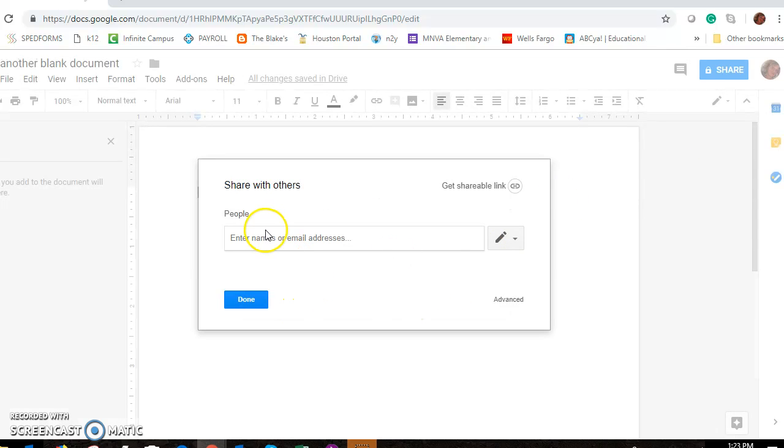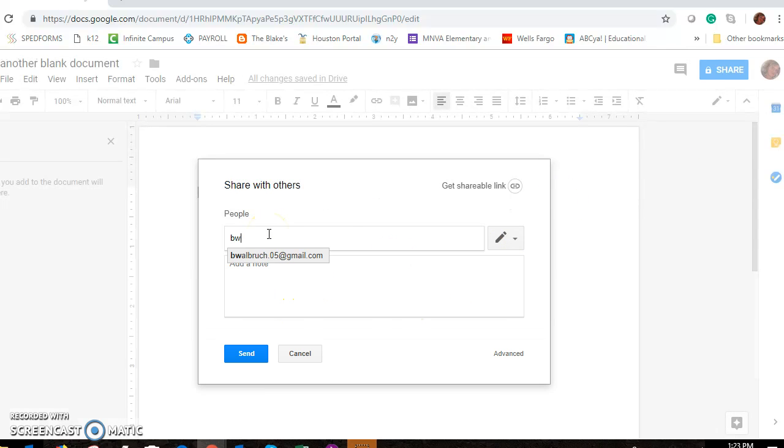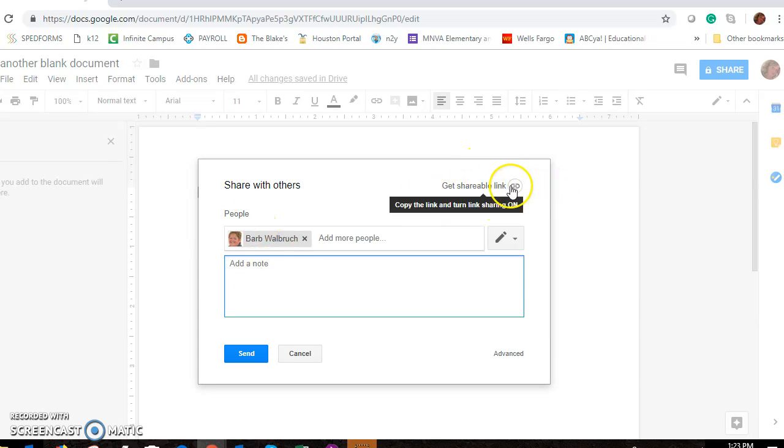Okay, and then again, you can enter the names, add your note, or you can do this get shareable link. So just know, if you click to get shareable link, it's not gonna